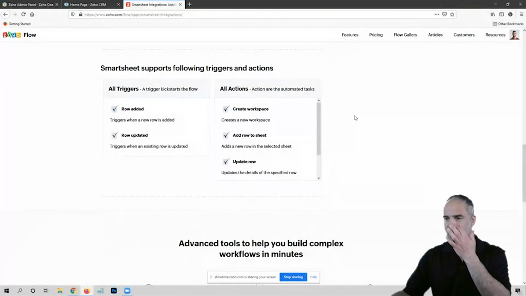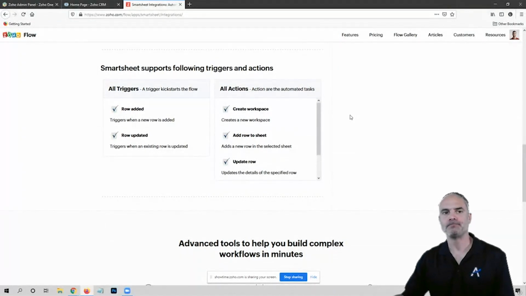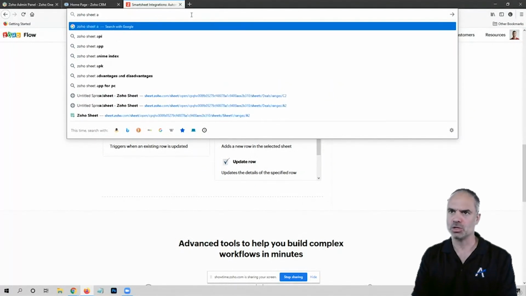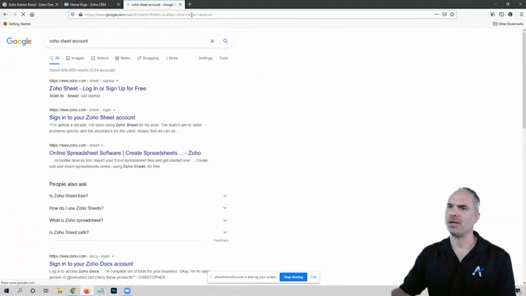You can do it publicly, so it'll be open to everyone. There's an option to put a password there to secure the sheet. Do I have an option to do that? From what I know, you can have a Zoho, not Workplace, Zoho Sheet account. I think you can have it as a free account.